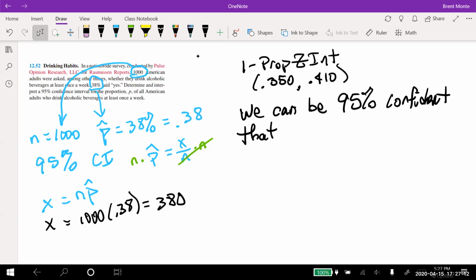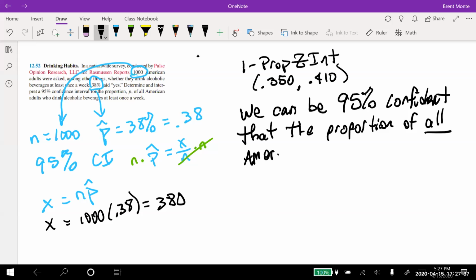that, let's see, determine and interpret 95% confidence for the proportion of all Americans. The proportion of all Americans. Remember, it's all, it's not just the sample. We know the sample was exactly 38%. We're trying to do the proportion of all US adults. Yes, this is American. I think they mean US. So the proportion of all American adults who drink alcohol at least once a week